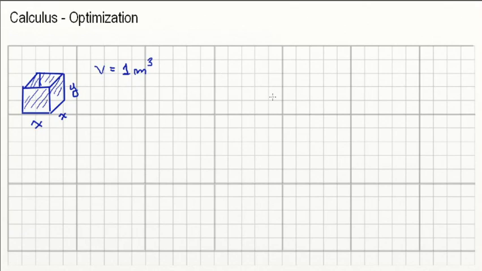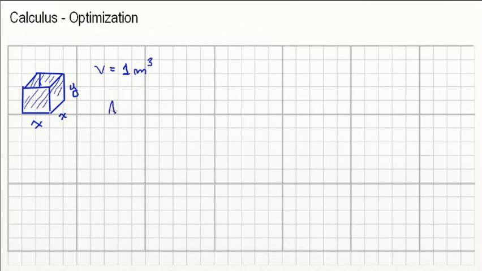So I'm trying to make the areas here small, the smallest possible. So the volume is constant. However, I need to make those areas the smallest possible. And obviously the areas are going to change with x and y. And how? Well, if I open this up, I will have one area here at the bottom, which will be